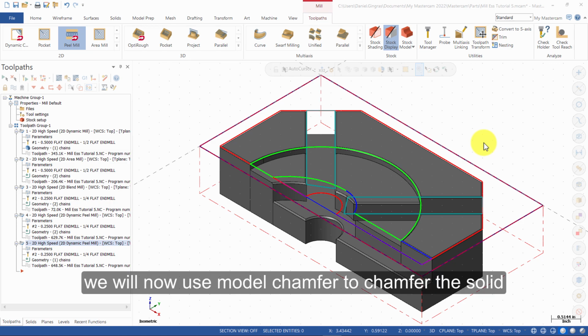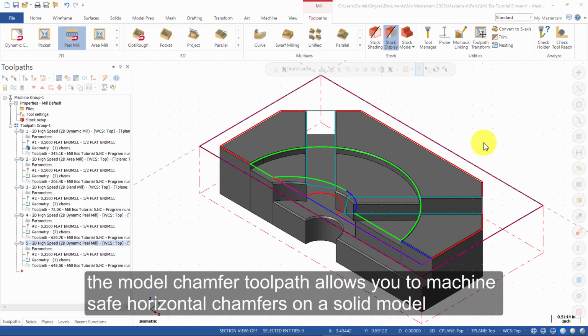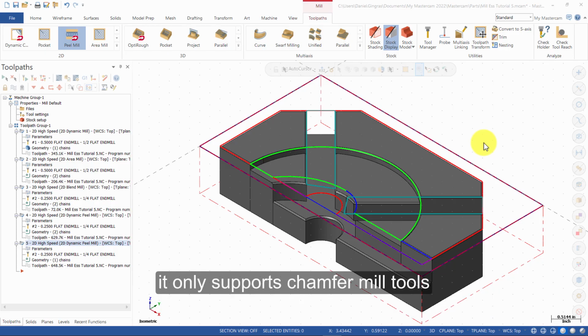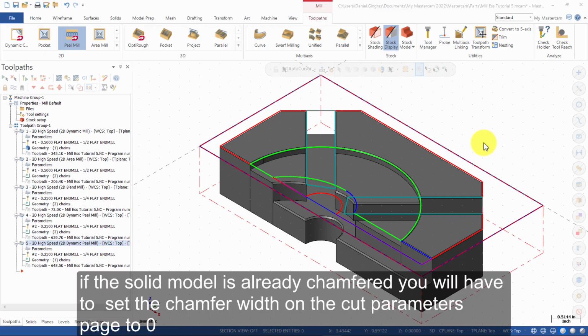We will now use Model Chamfer to chamfer the solid. The Model Chamfer toolpath allows you to machine safe horizontal chamfers on a solid model. It only supports chamfer mill tools. If the solid model is already chamfered, you will have to set the chamfer width on the Cut Parameters page